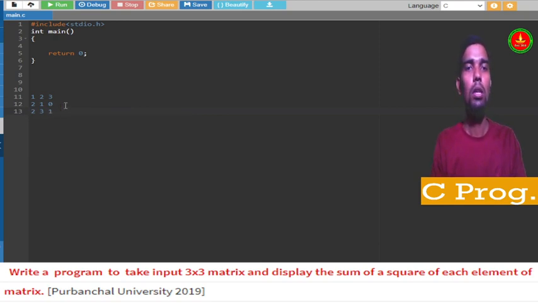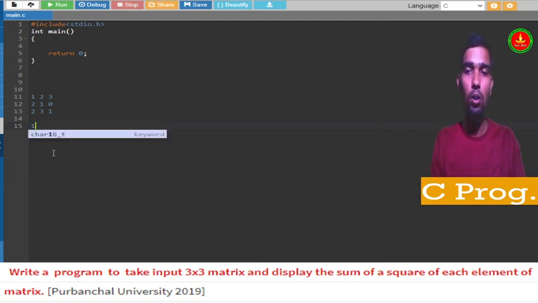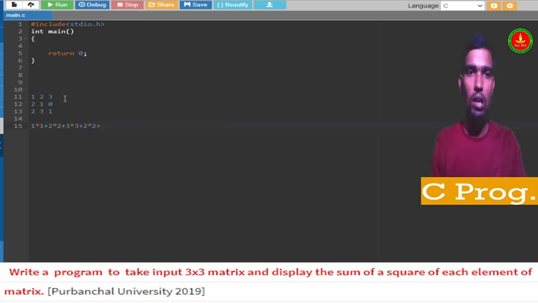While we do the sum of squares of each element, as the question asks, we do 1 into 1 plus 2 into 2, because we have to square everything, plus 3 into 3 plus 2 into 2 plus 1 into 1 plus 0 into 0 plus 2 into 2 plus 3 into 3 plus 1 into 1, and finally we do the multiplication and addition and get the final solution. I hope you got what the problem statement is.